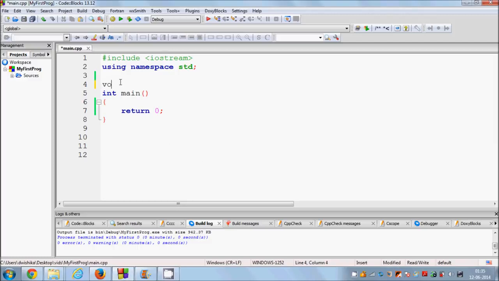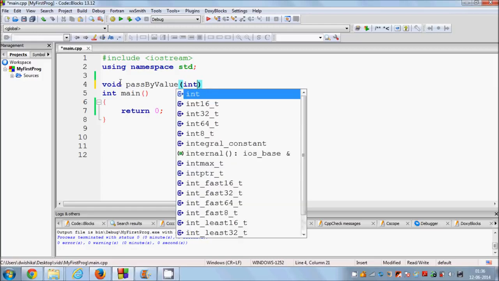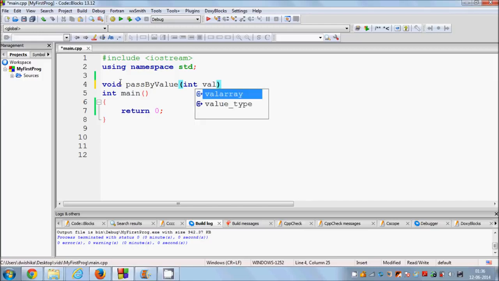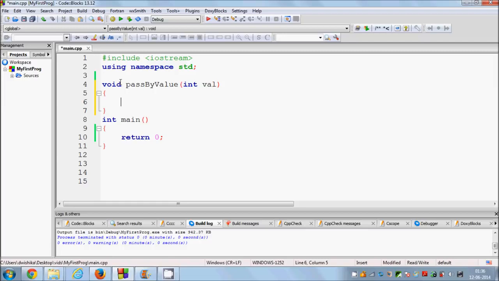So what I have shown you in the earlier videos, for example, you create a function pass by value, and you are passing some variable here, val, and for example you have val is equal to 100. Okay, and whenever you declare one more variable, x is equal to 20 here, and when you call this function pass by value, and we pass x in this function, and we try to print x here,